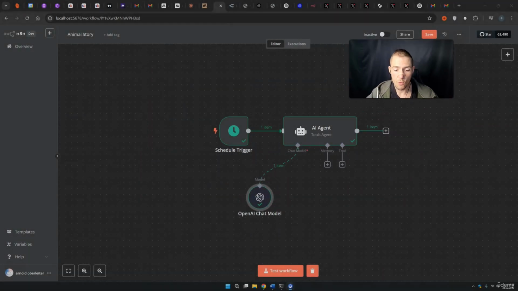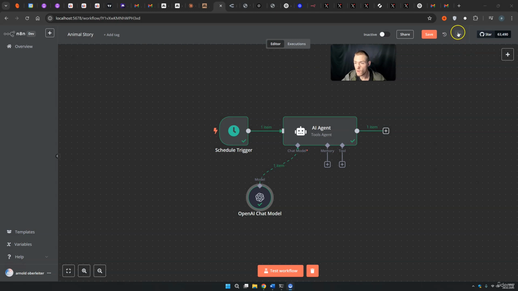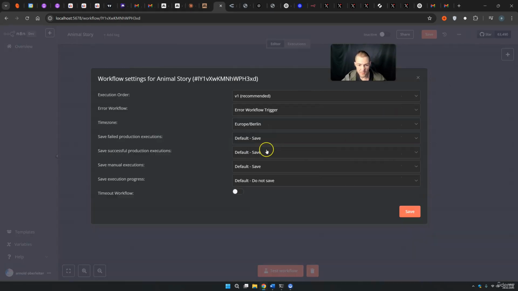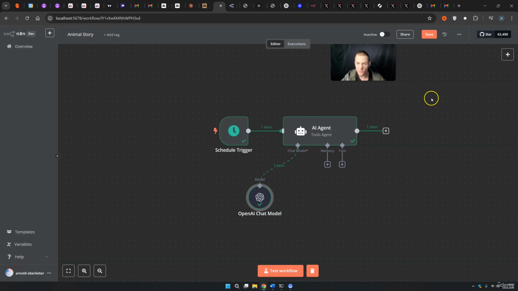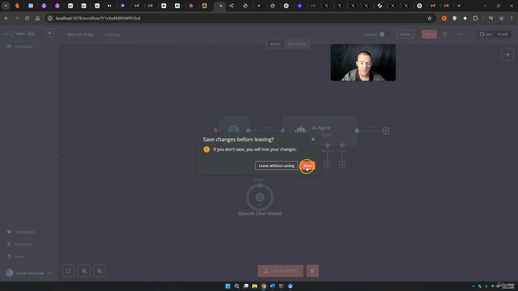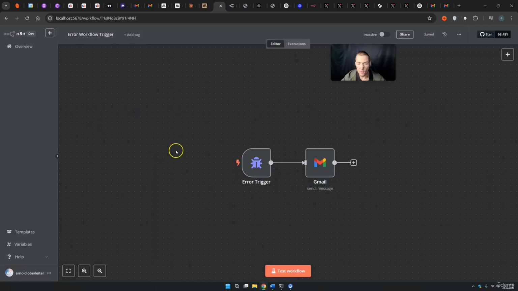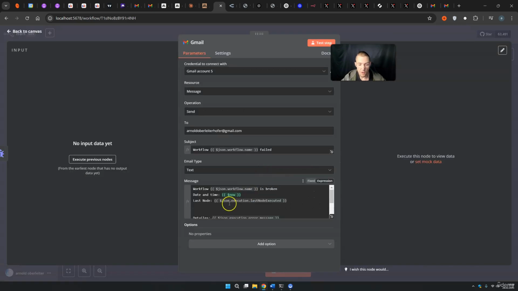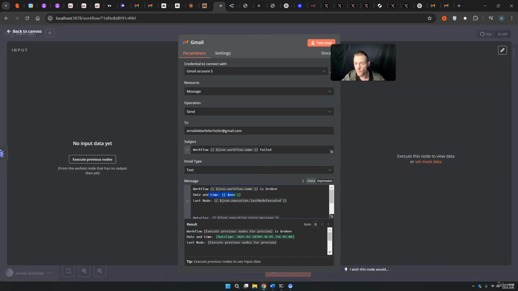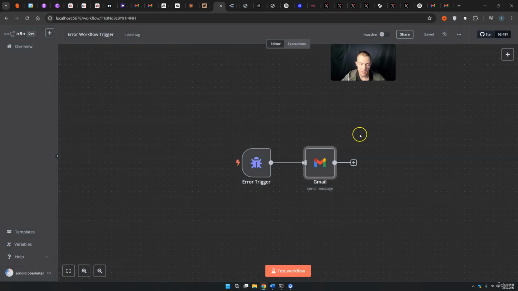And make sure to always check that you have here in settings the right time zone for you, especially if you test this locally, because if not, this can cause some problems. And the same thing is also true in your error workflow node. Please make sure that you use the same time. And also give here date and time in the message,